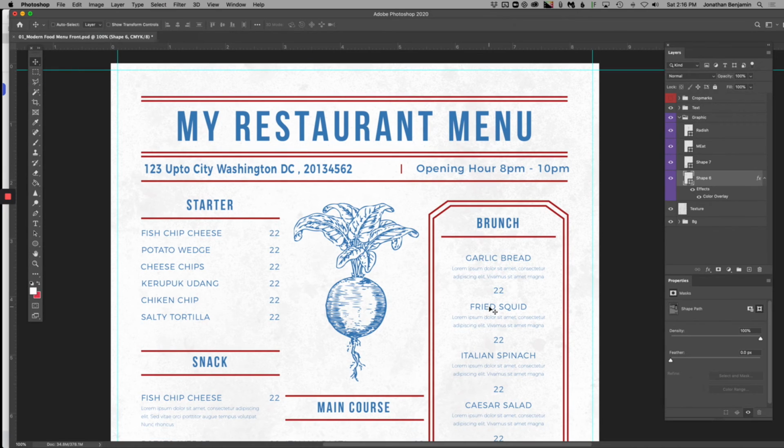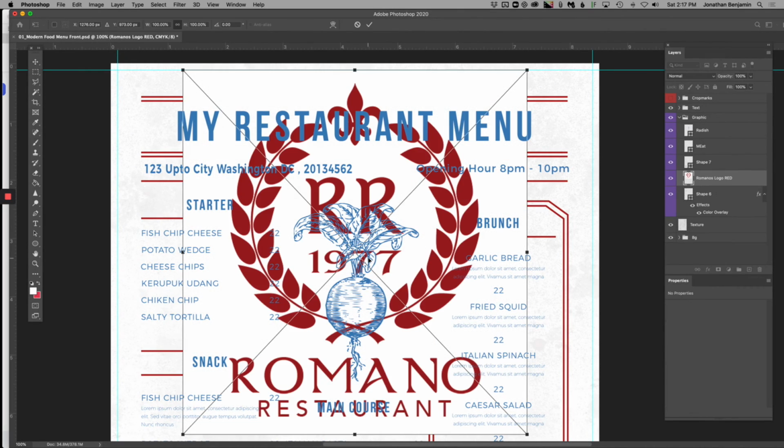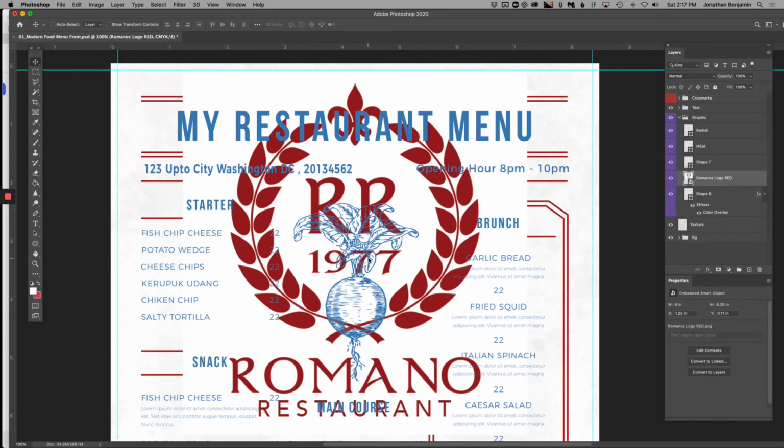I think that might cover it for you. If you want to bring in your logo, you can totally do that. Matter of fact, you can just drag the logo in from anywhere on your computer. Like this. So I just dragged this from a different file, from a different window, and you can drop it right on top. It'll drop it in, hit enter. And once again, if you want to make it bigger, smaller, whatever,